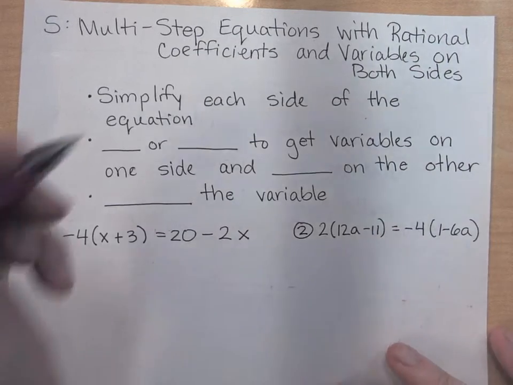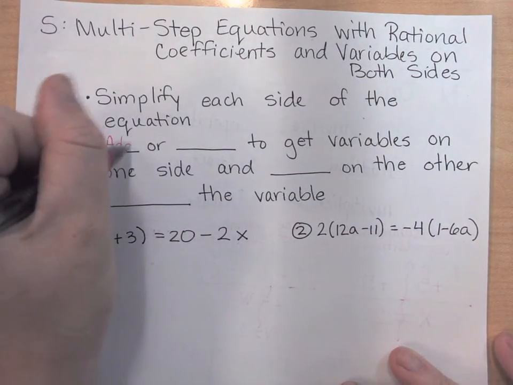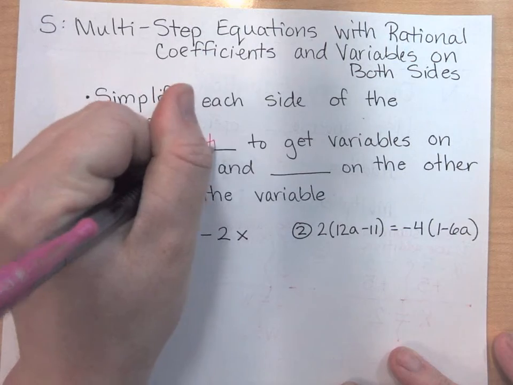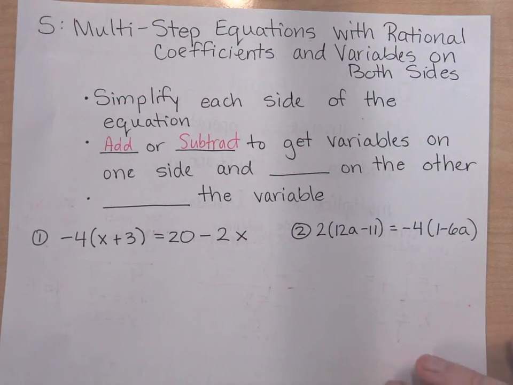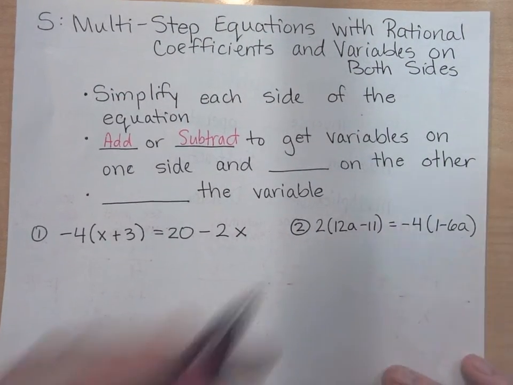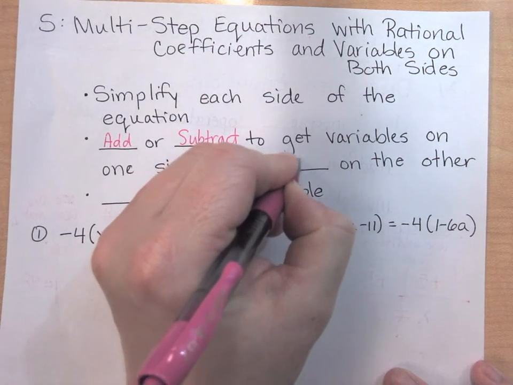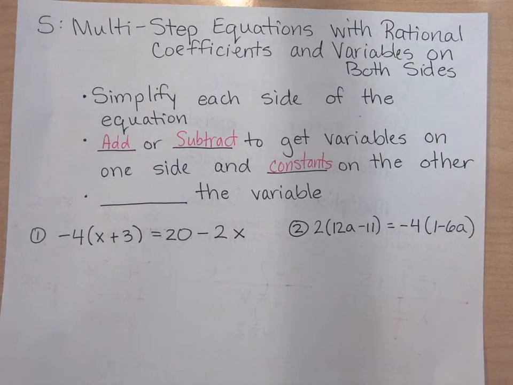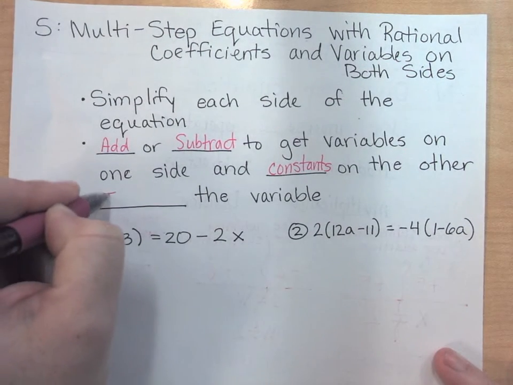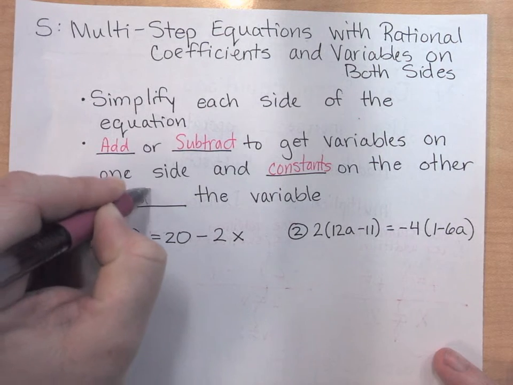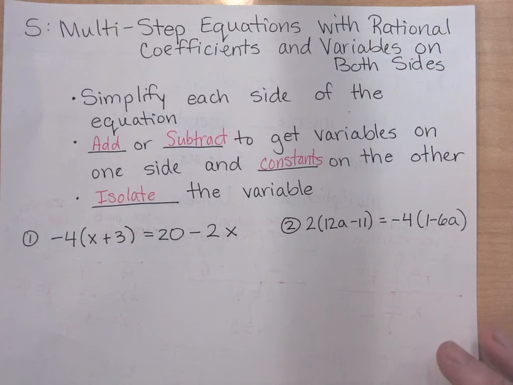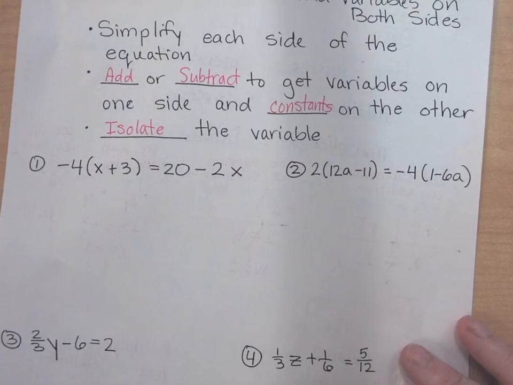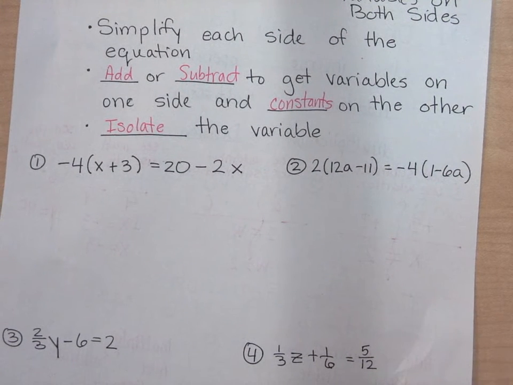Okay? Then we're going to add or subtract to get variables on one side and constants on the other. Okay, so we want the variables all on one side, and we're going to put the constants on the other side. And then our final step will be to isolate the variable. And usually that'll mean multiplying or dividing, like a one-step equation. Okay, so we're going to look at a few examples together for what this looks like and how we can do this